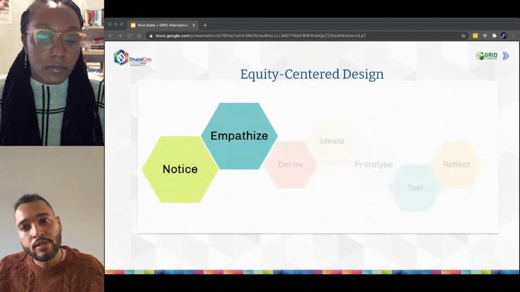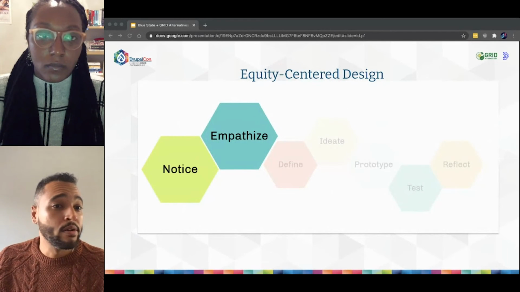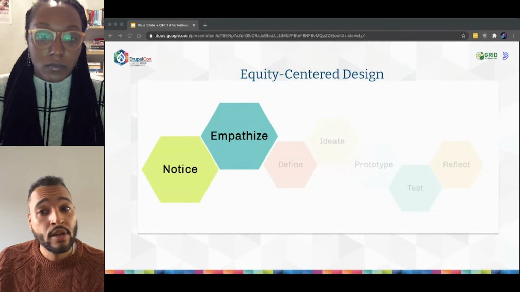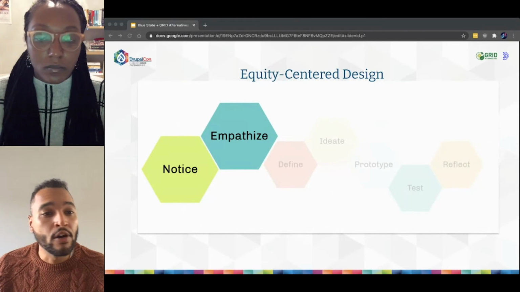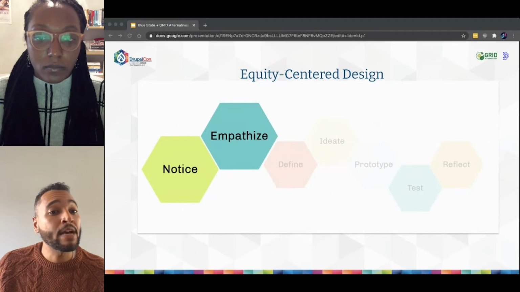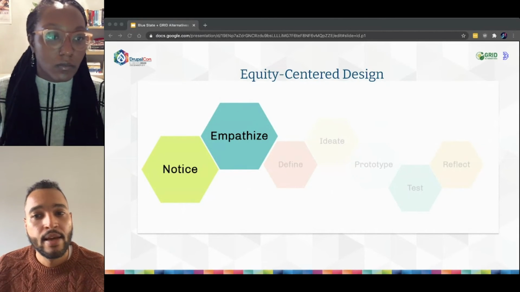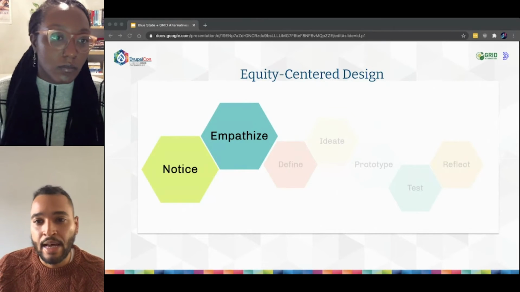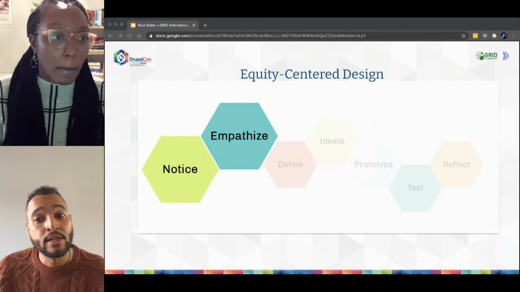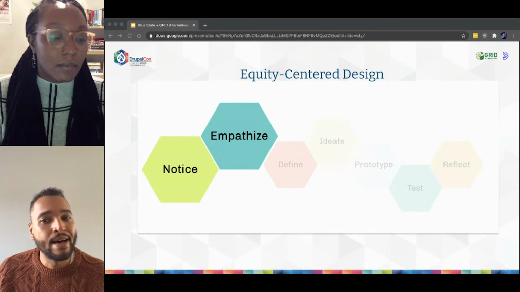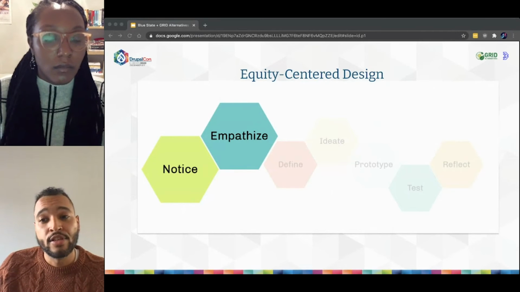And our focus on equity obviously didn't stop at how we interacted with each other, but also how we connected with our users. We took another look at design thinking and found a growing movement around equity-centered design, a twist on design thinking. Equity-centered design adds a step before you can empathize with the audience, and that's to notice and reflect. This step is not only about the users, and it's actually not about the users, it's about the designers